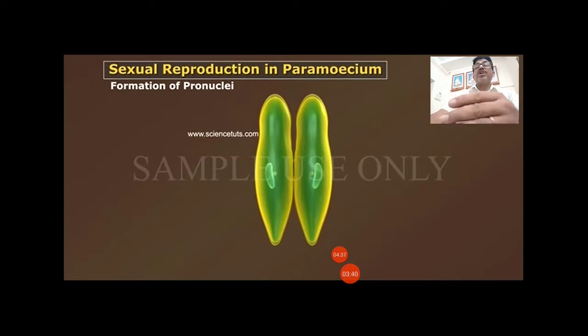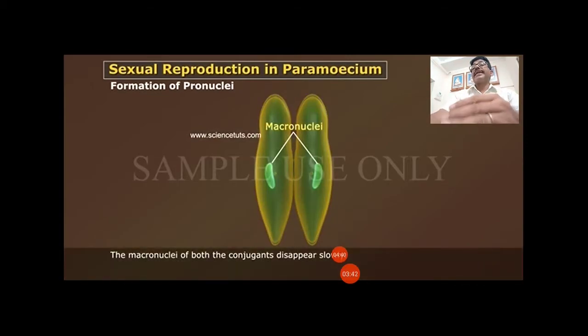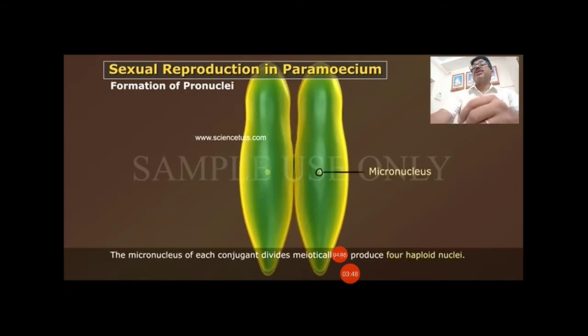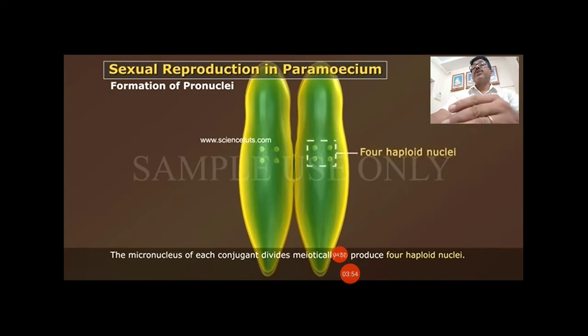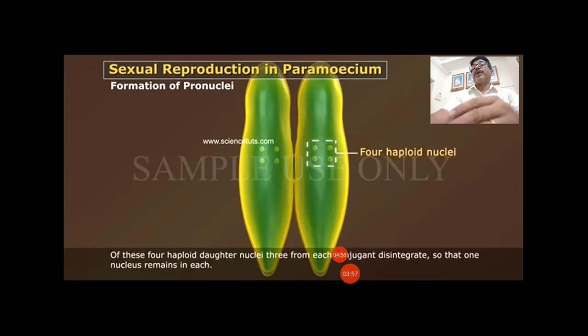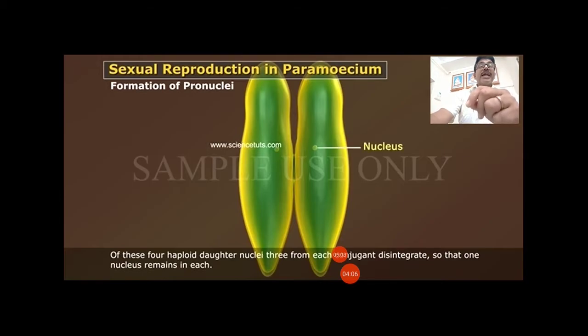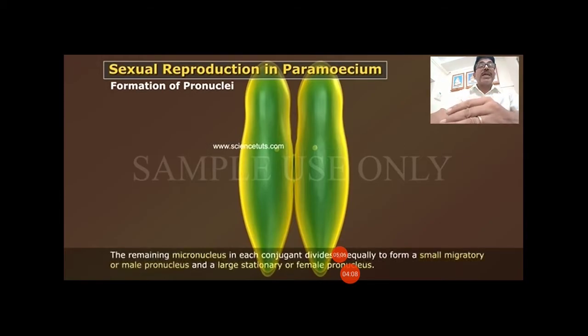Formation of pronuclei. The macronuclei of both the conjugants disappear slowly. The micronucleus of each conjugant divides mitotically, producing 4 haploid nuclei. Of those 4 haploid daughter nuclei, 3 of each conjugant degenerate, so that 1 nucleus remains in each. The remaining micronucleus in each conjugant divides to form a small migratory or male pronucleus and a large stationary